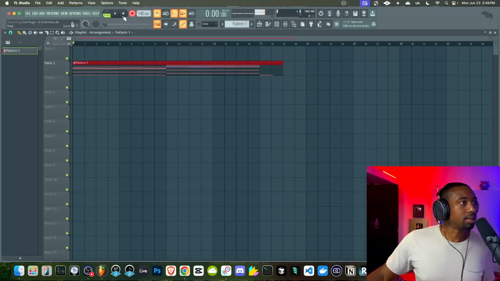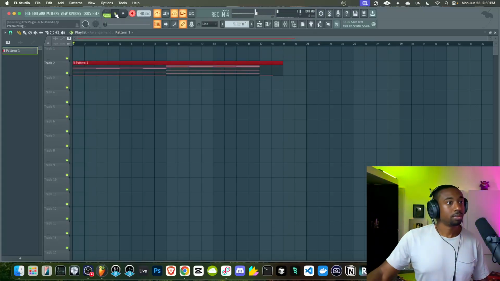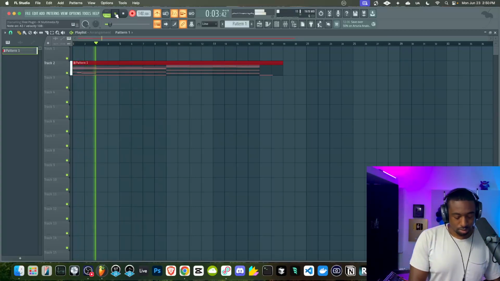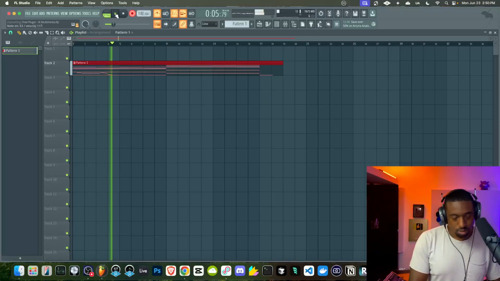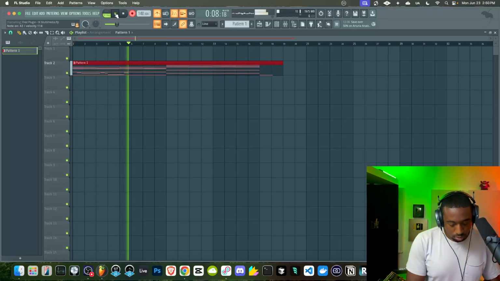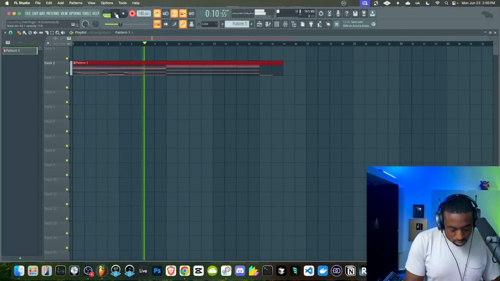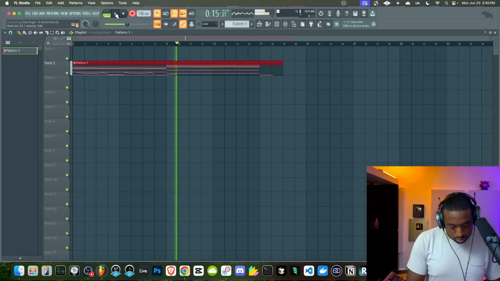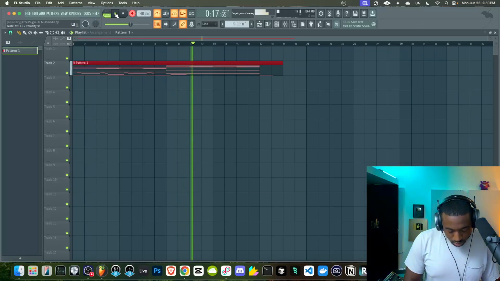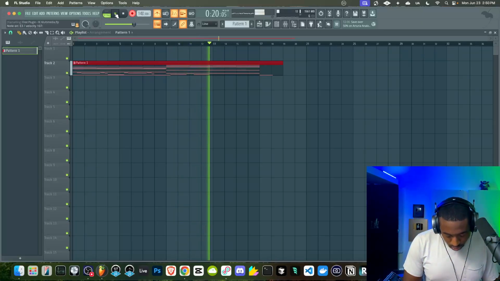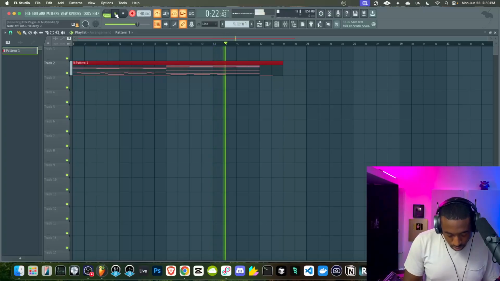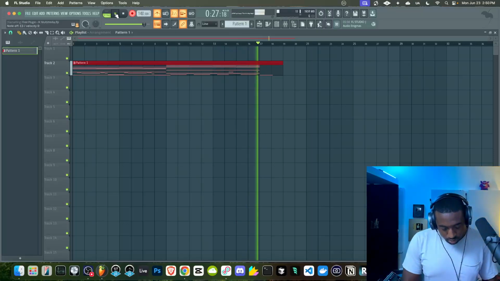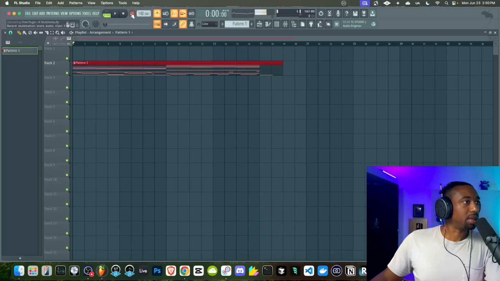So now we're adding a contrast layer. All right, so I kind of freestyled the bass at the end.